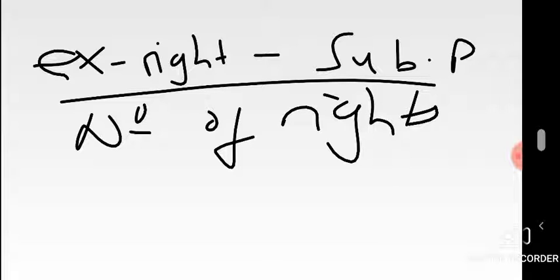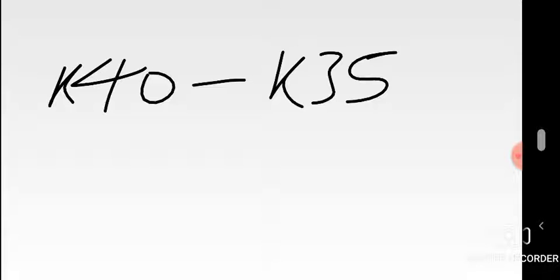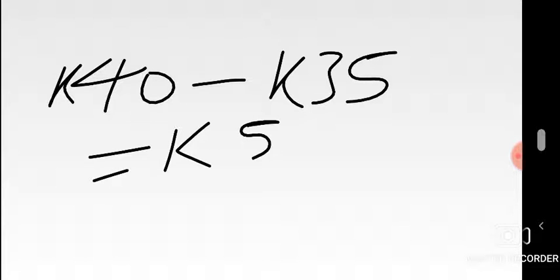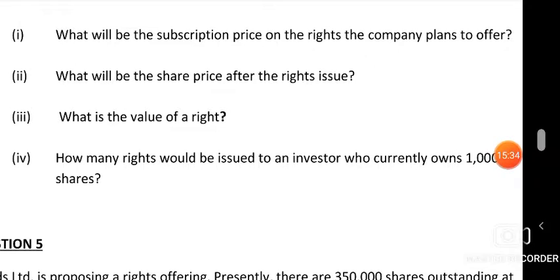But in our case, we'll go with the first one. It's looking more straightforward. Odd price minus X rights. That's how we get our value. So what's the odd price? 40. X rights? 35. What did I say X rights was? If you rewind the video, it can mean new market price or rights off and whatnot. 5 kwacha. That's your value of the right. So on part 4,